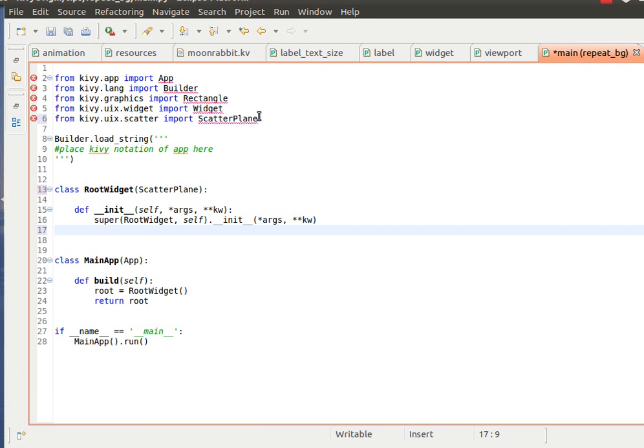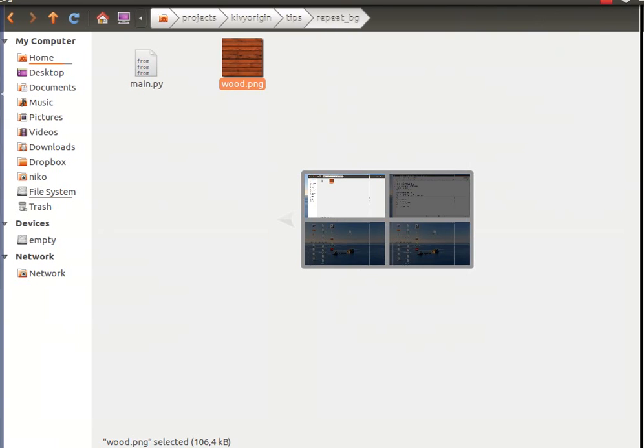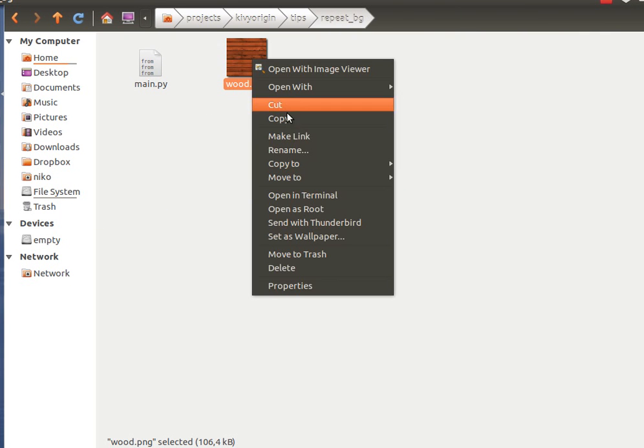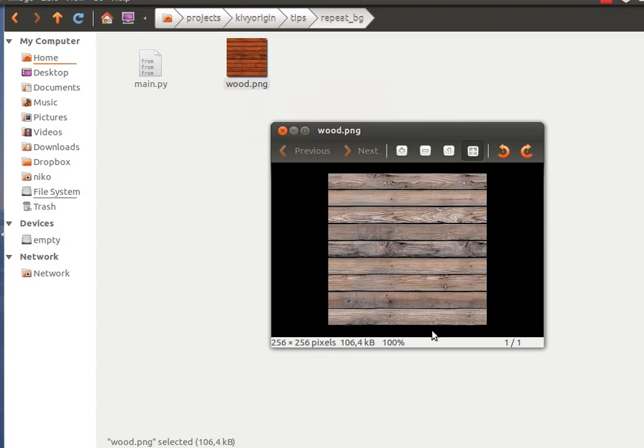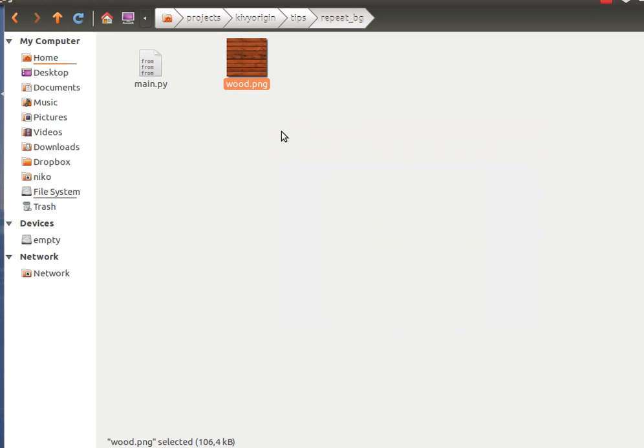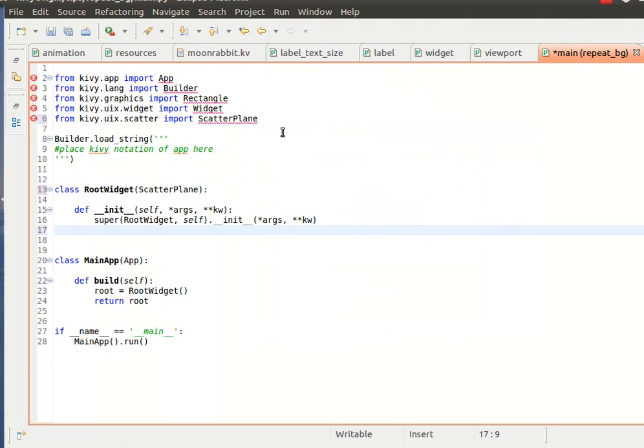Here's the boilerplate Kivy application, and I want to create some scatter plane widget and add it into the application. And as background I want to use this texture, this wood texture. So let's start. First of all, we need to